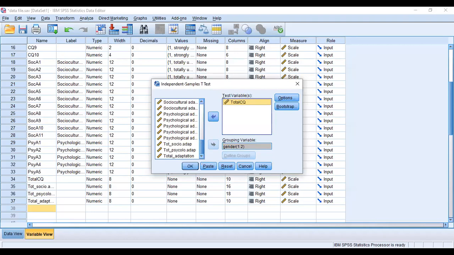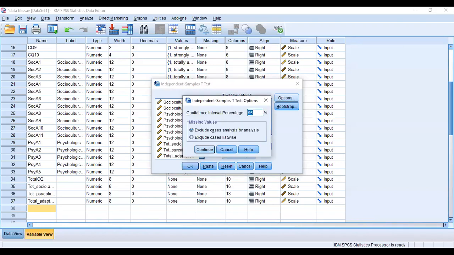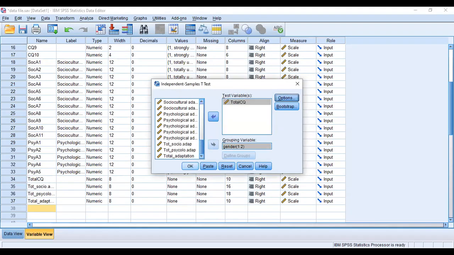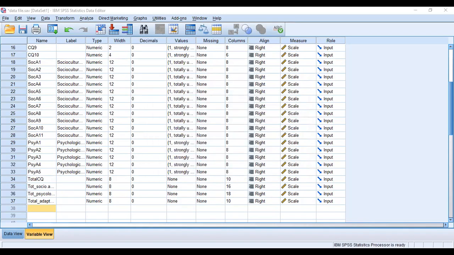So you want to see gender difference in cultural intelligence. Click OK. Here also you can click on Options, and there are some other options that you can initiate or just leave out. Click OK, and you will get a t-test result. See, here is the t-test. This is the significance, and this finding is significant. So in cultural intelligence, there is a significant difference between the men and female. Okay. So far clear, I hope.